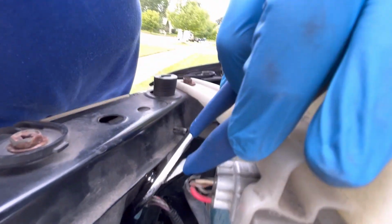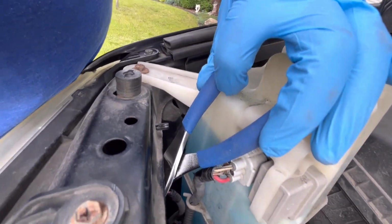Once you have the grip, you're ready to turn. Let me show you the angle where you actually have to insert the pliers. It's really easy. Turn the housing counterclockwise and just give it a little turn, and then you will feel it